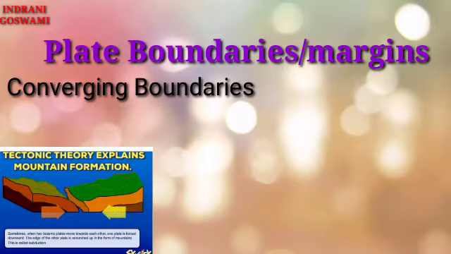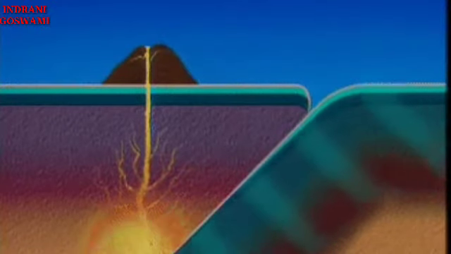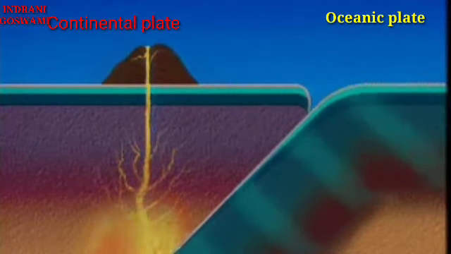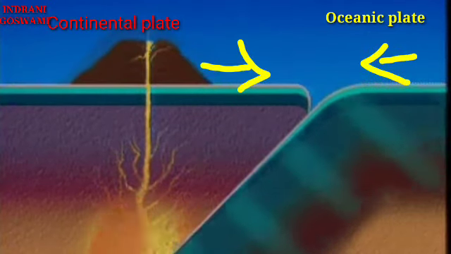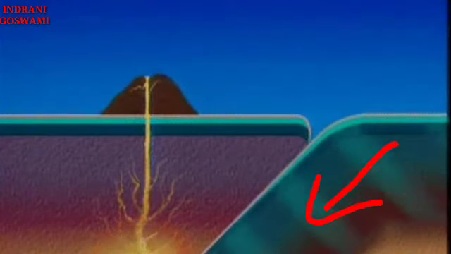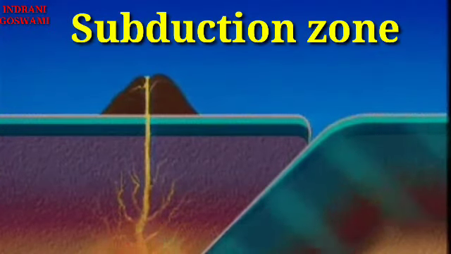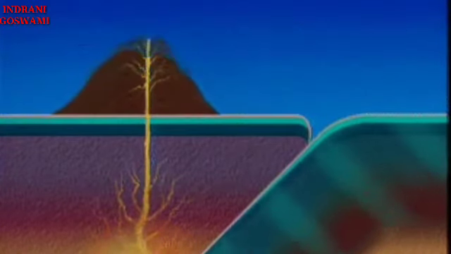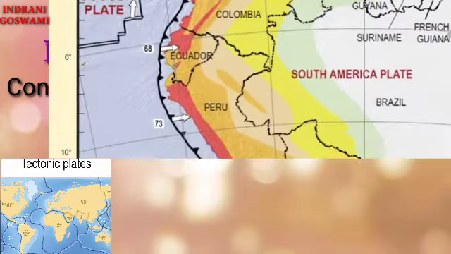Now another question will arise here, like what do you understand by subduction zone? So when an oceanic plate collides with continental plate, now we already know that oceanic plate is denser than the continental plate. So the denser oceanic plate is forced below the lighter continental plate. The overrun plate is subducted into the mantle. This is known as the zone of subduction or Benioff zone, because first the scientist Mr. Benioff propounded this, so after his name this zone is also named as Benioff zone.